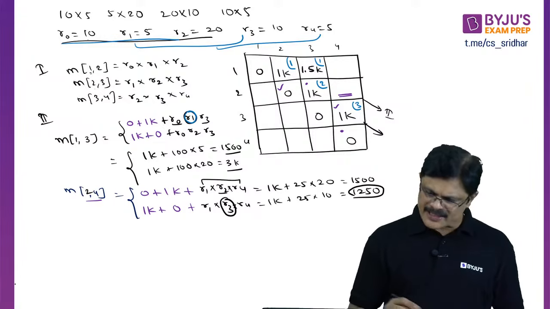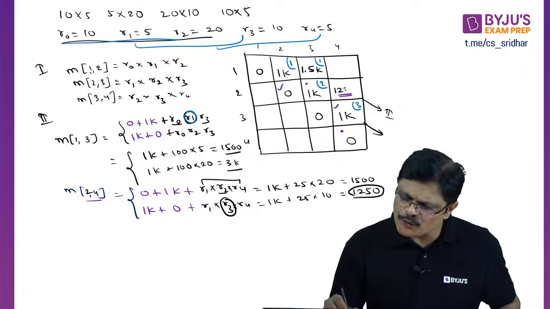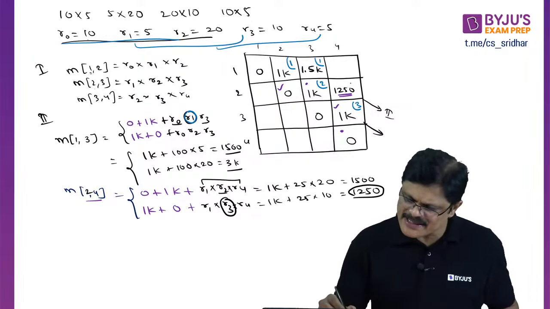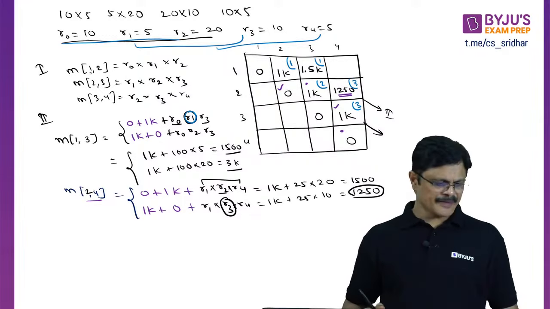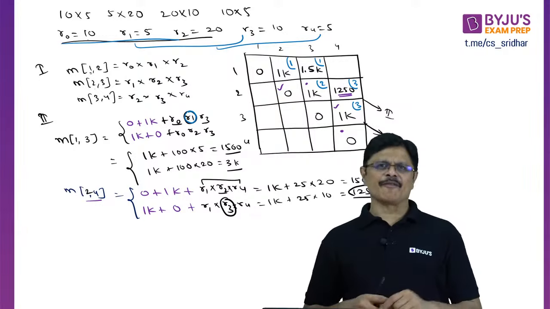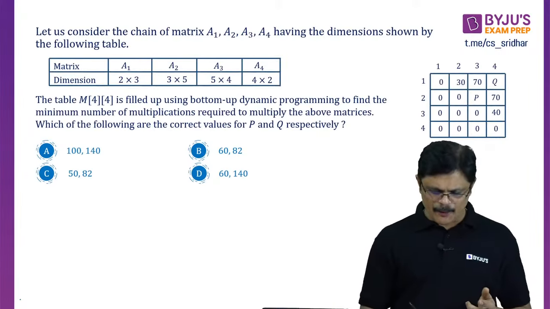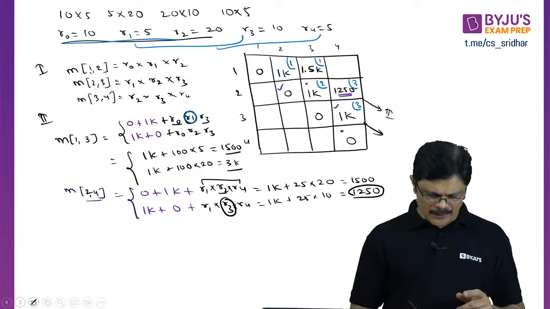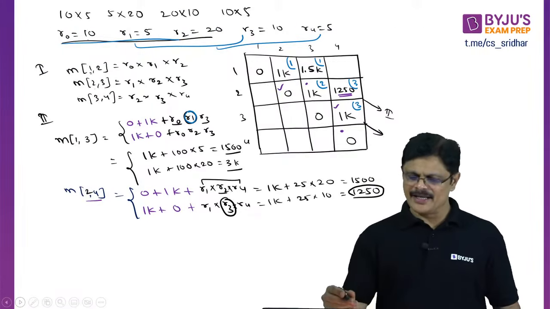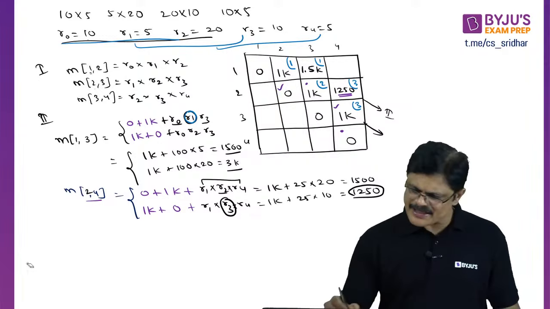So the answer for this would be 1250. And who is responsible for that, the intermediate matrix, is R3. See, from the diagram you can get it, sir. Of course, you can remember the formula because that is important. We have to remember the formula. But from the diagram you will get this very easily, my dear friends. Now it is done.